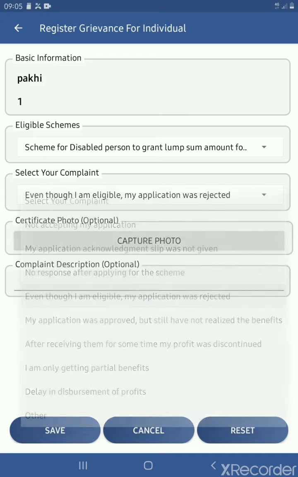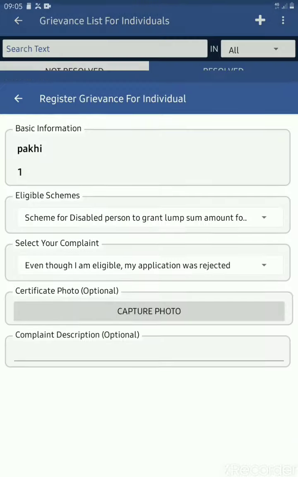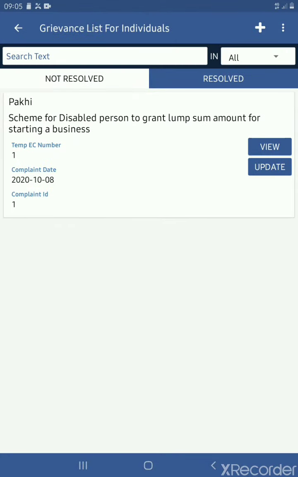So I'm selecting one of the complaints from here, and we can also provide the complaint description if we select other, or if we have more to say for this complaint, then we can provide the description from here. And when we click on save, this will register a grievance for the individual. Right now this grievance has just been registered, it has not been resolved, so it is showing under the